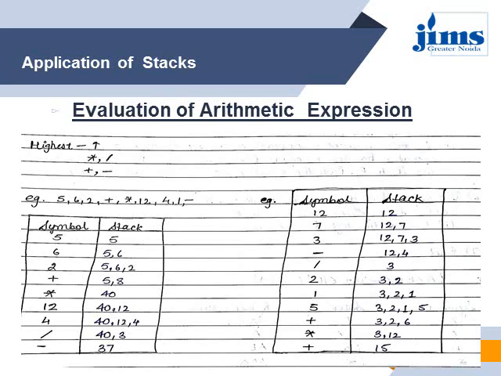Out of all these five, they are arranged in a particular hierarchy of priority. The highest priority operator is the exponent. Then we have multiplication and division. Both have equal priority but are lower than the exponent. Similarly, addition and subtraction both have the same priority, and have the lowest priority of all the existing operators. Now let's understand through an example